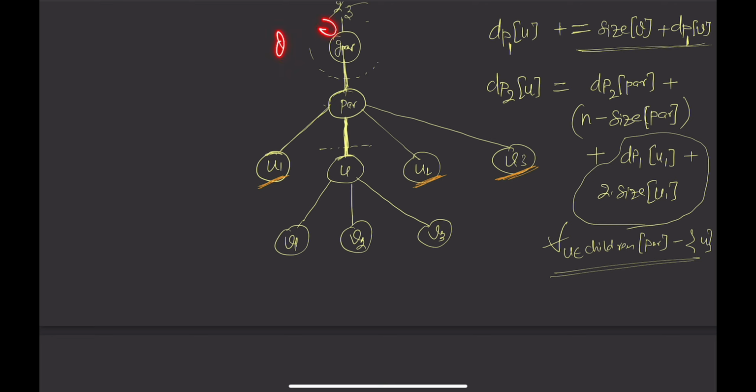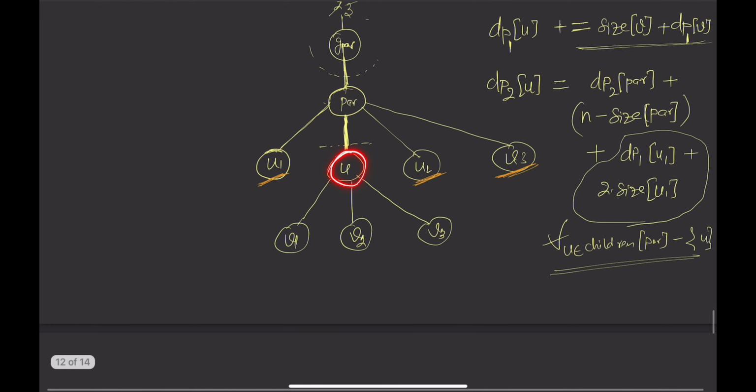So if it had 100 nodes, I don't know which edge I took, I would have added already here, that is what dp of parent is storing, but they all will increase by 1, right? That means dp2 of u will be